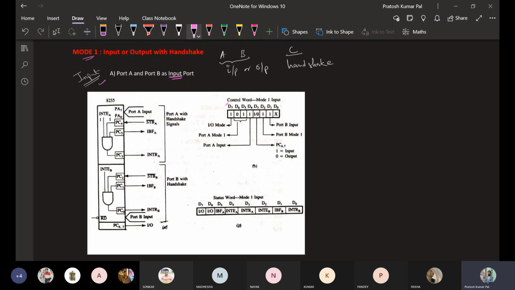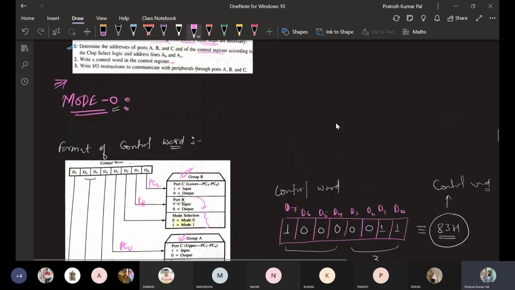This is the same control word that we saw in mode 0 of the 8255. So by configuring port B in mode 1 as an input, D1 will be 1 and D2 will be 1. That is given by the control word format that we have already seen.